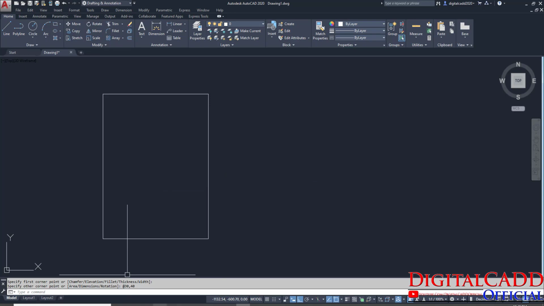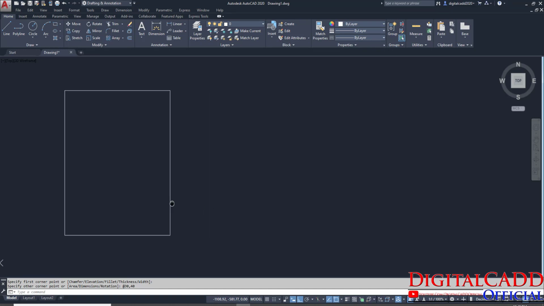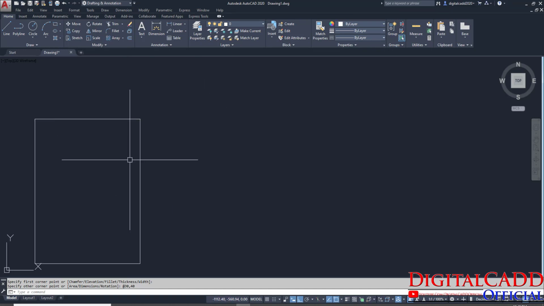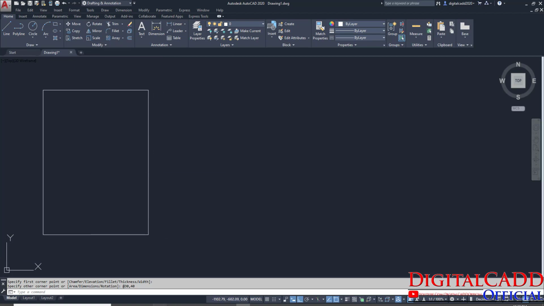Now it's time to create the remaining part, that is this one. So how could we create that? Okay, so let's have a look. Suppose I'm going to share a secret. We have already seen here object snap tracking, how to track any point. Okay, so I'm going to track a point for creating this one. Just take a line. If we take our mouse cursor to this point and a little bit away from that point, you can see here a green dotted line.